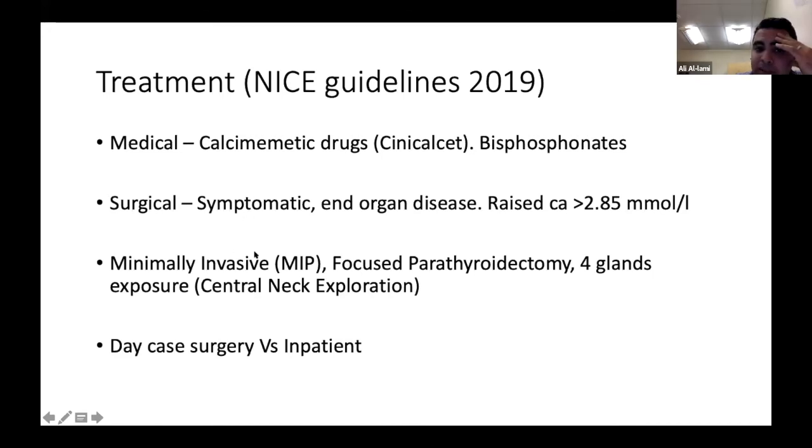So there's minimally invasive parathyroidectomy, and I'll show you a picture of this later on, when you have a localized adenoma to the quadrant. Focused parathyroidectomy, where you focus on the lateralized part, depending on your localizing scans, or four glands exposure, i.e. central neck exploration. In the 1990s, the majority were getting four glands exposure, but we moved on to more minimally